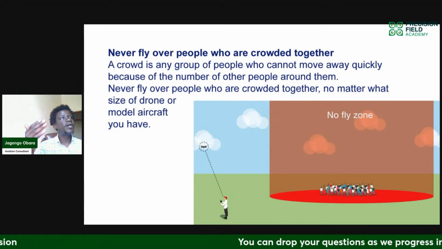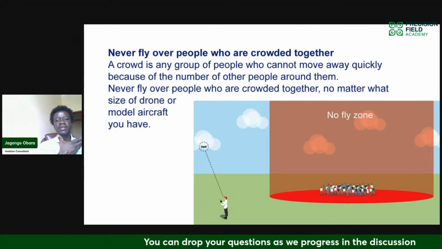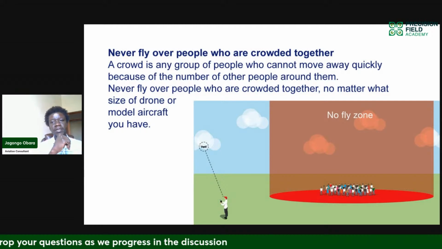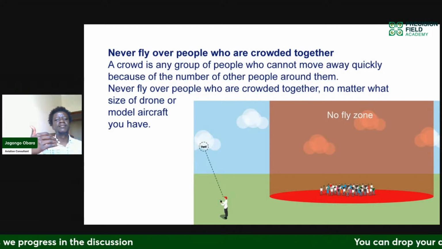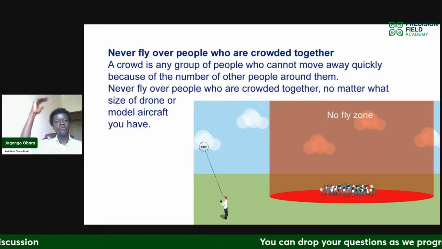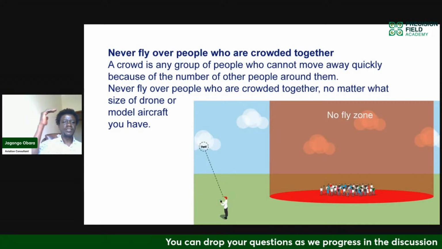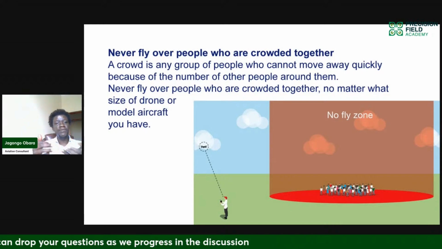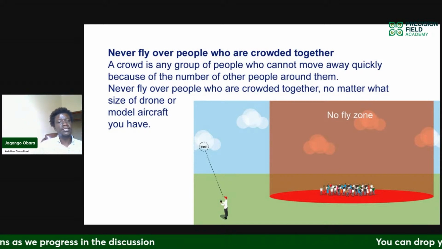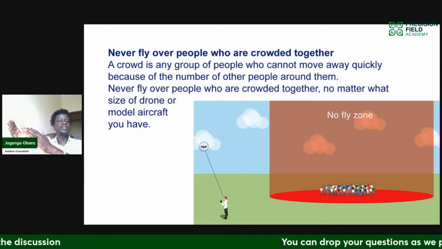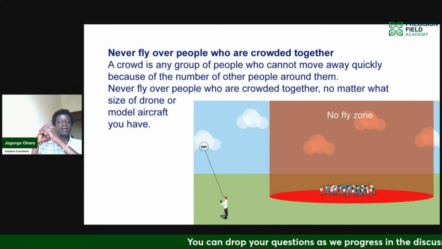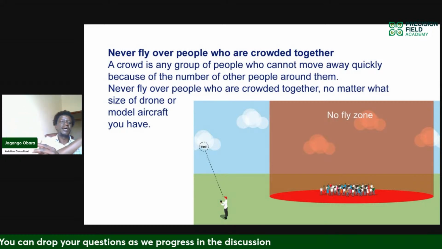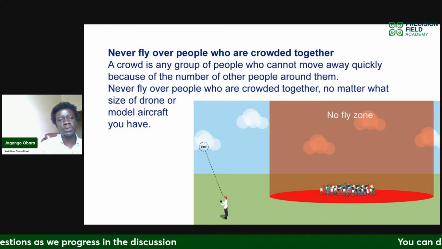So if, for instance, I am Clifford, the instructor, and I have 20 students from Precision Field Academy, I want to make sure that the drone at no point will fly overhead my students. So the students can be parked in one section. If it is a demonstration you're giving to farmers or to agriculturists, you also want to make sure that these farmers are grouped in one section, so that we are flying in a different section and they can observe from a safe distance.